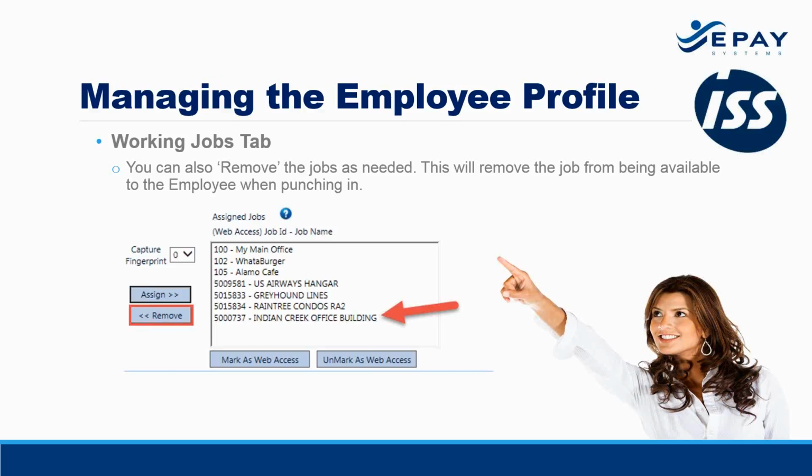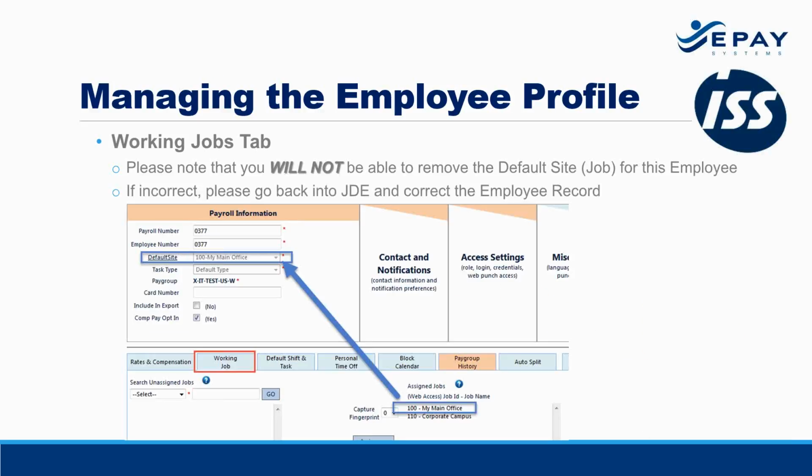Now, one anomaly that does occur from time to time is the default job. If the default job is something you want to remove from the employee's working job at the bottom of the screen, keep in mind you will not be able to remove the default site or default job for that employee. If it is incorrect, as I mentioned earlier, you are going to need to go into JDE or have someone with that JDE access, whomever sets up your employee records. And I can't name everyone on this phone call because there's quite a few people that do that around the country. Reach out to them, have them correct the default job information on the employee details screen over in JDE,